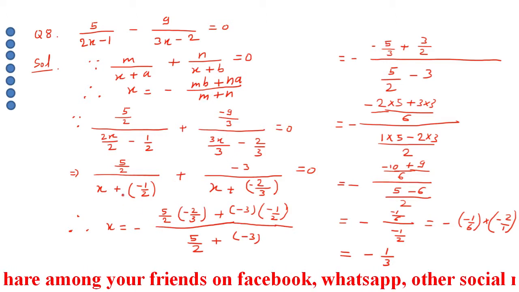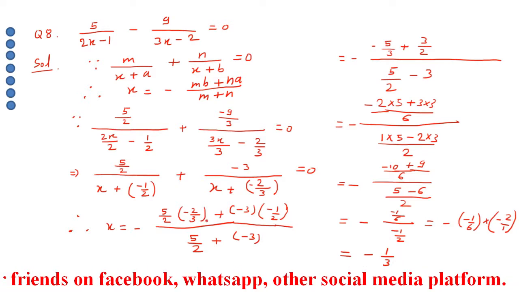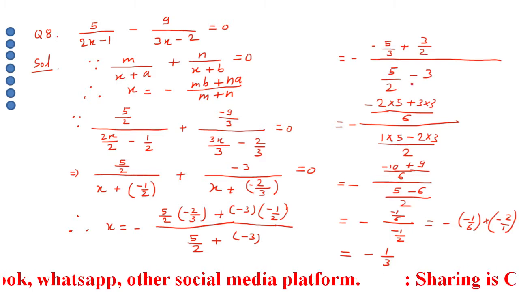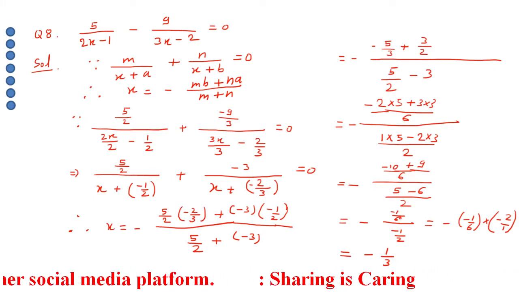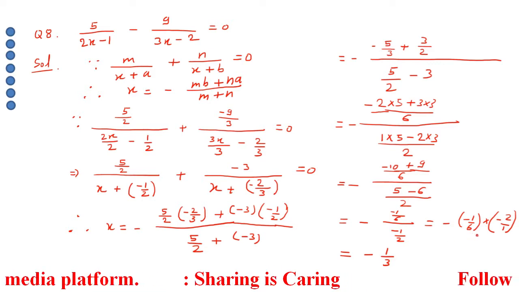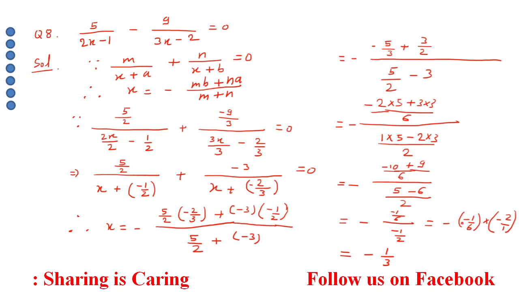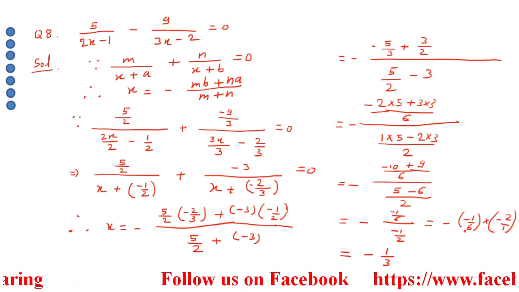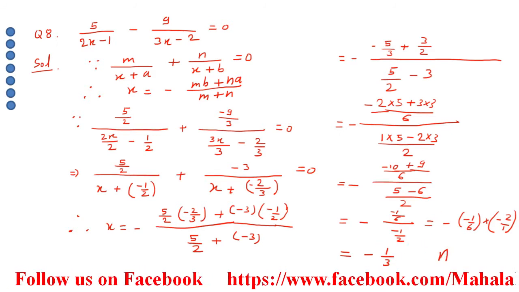After that, simplify them, and then first clear what your m, a and b are, and then simply do plus and minus by taking the LCM. And when you have to divide two fractions, keep the first fraction as it is and take the reciprocal of the second fraction. Since there are three minus signs, minus minus is plus, then plus minus is minus. 2 ones are 2, 2 threes are 6. So you will obtain minus 1 upon 3. So this is your answer.